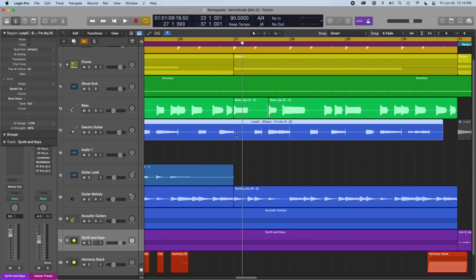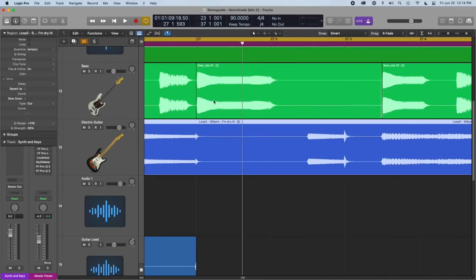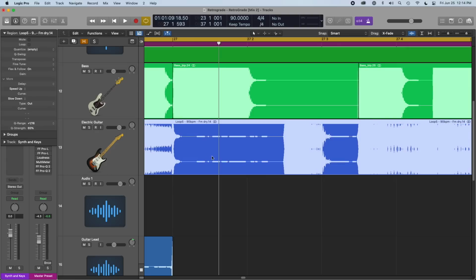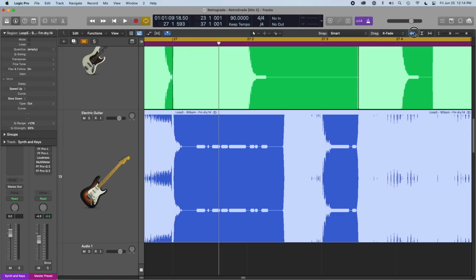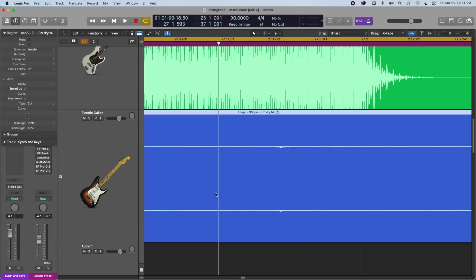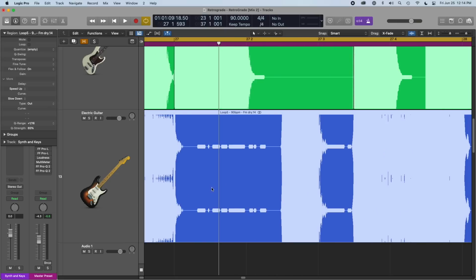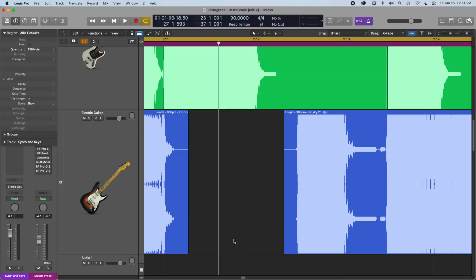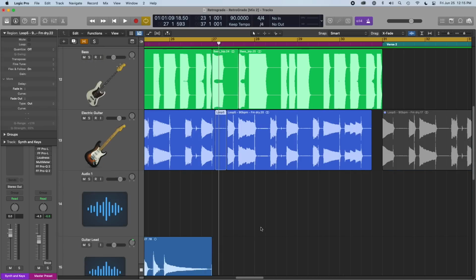This is really helpful while you're getting into the details. Sometimes a signal won't even show depending on where you are. I'm going to blow this up and you can see, wow, there's some stuff in here. This is maybe a lip smack, this is air, this is room noise, it's whatever. You can go in here and cut that out if you want. And then I can fade these and we'll zoom out and we'll go to tip number 100,